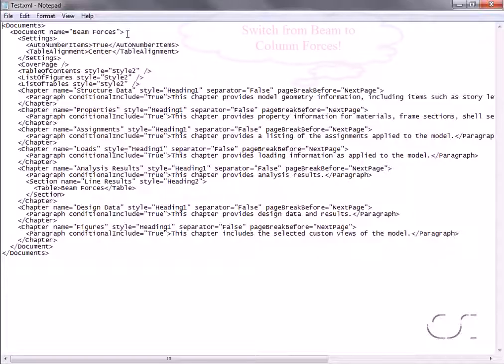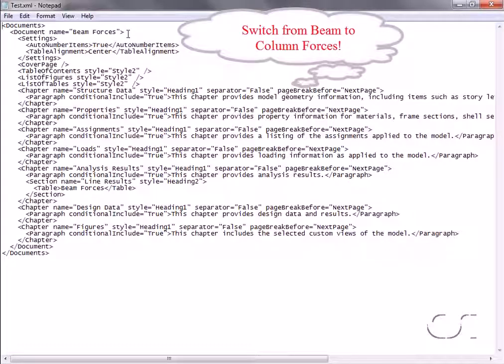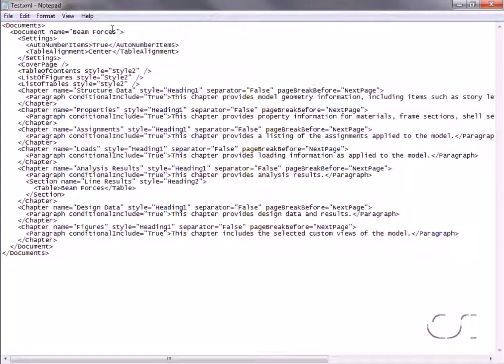However, we are going to edit this XML file so that it will once again generate a report for column forces rather than beam forces. To do this, we will change the document name to column forces and then alter the table to give us column forces. We save this XML file,